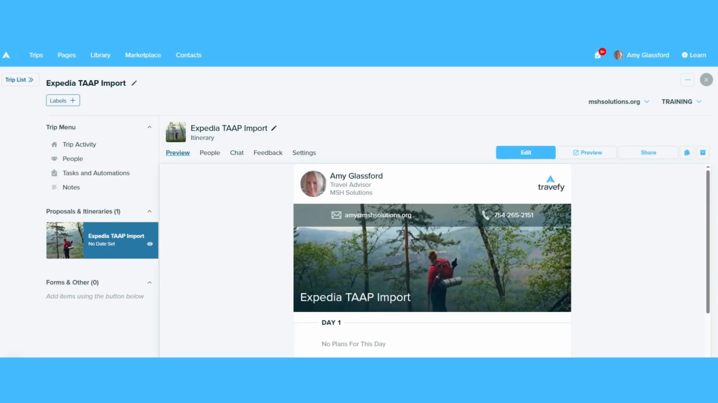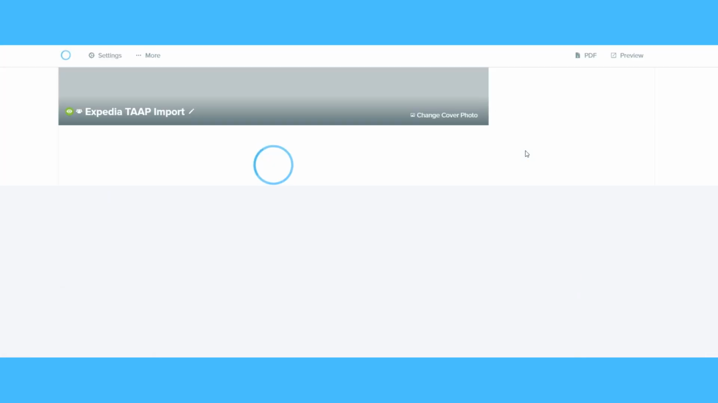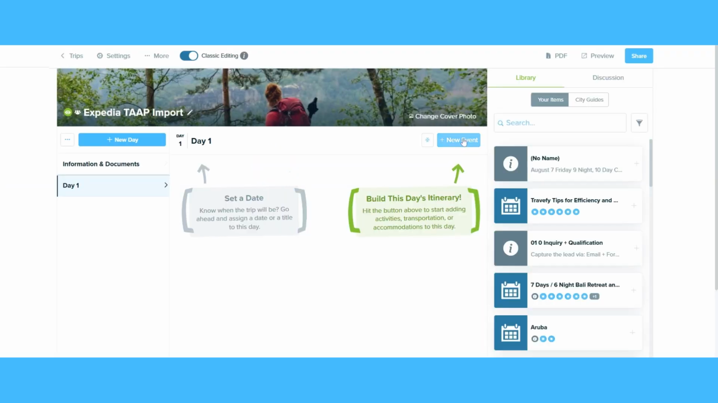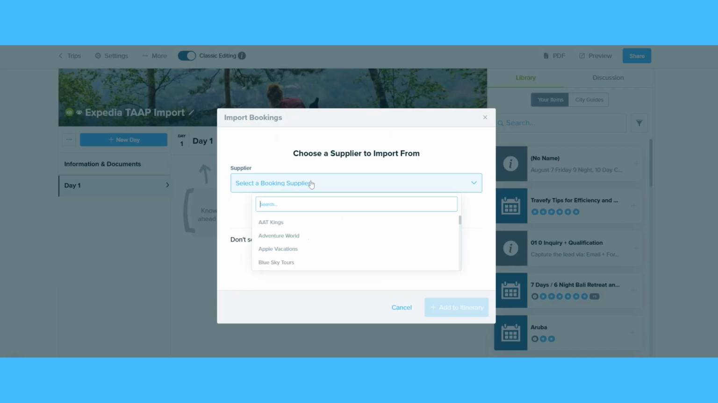To add an Expedia TAAP booking, you're going to have your itinerary up and ready to edit. We're going to click on Edit. Then we will go to New Event, Booking, Expedia TAAP,